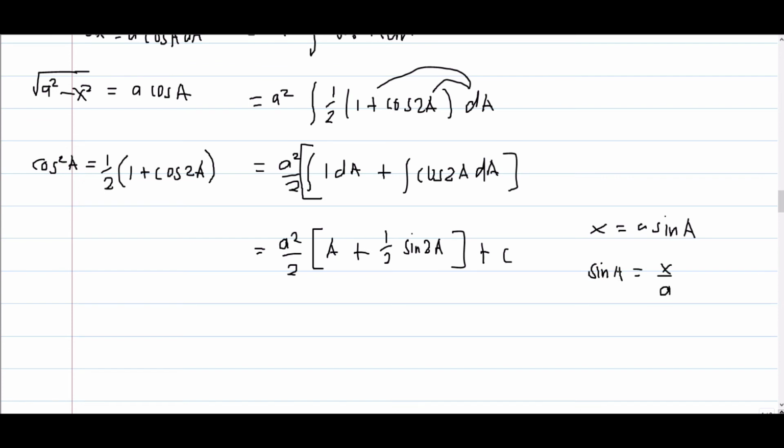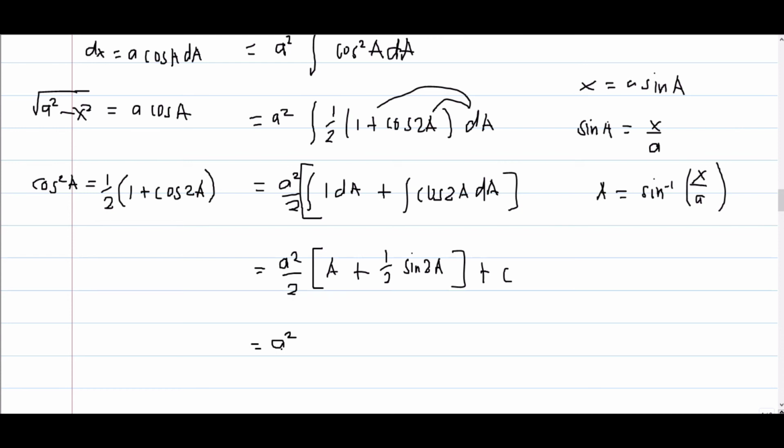To get the equivalent of this θ, we have θ is equal to sine inverse or arc sine of x over a. So a squared over 2 sine inverse x over a,